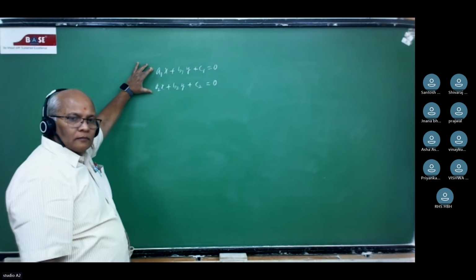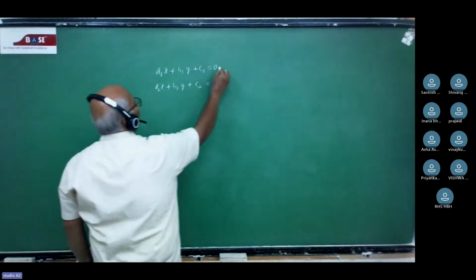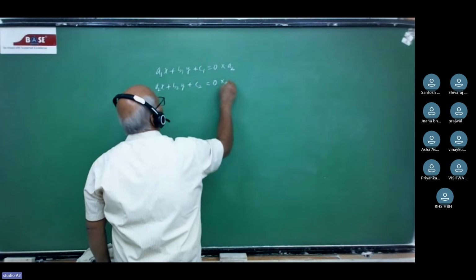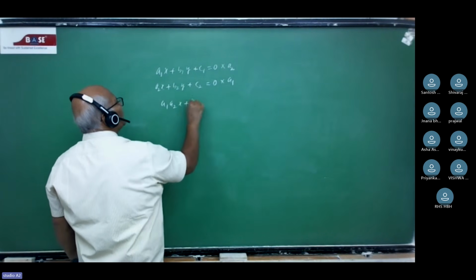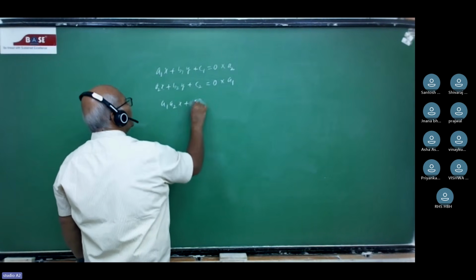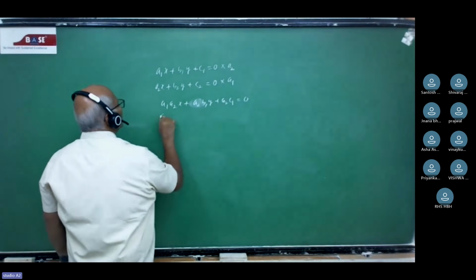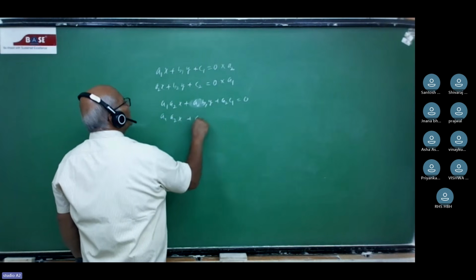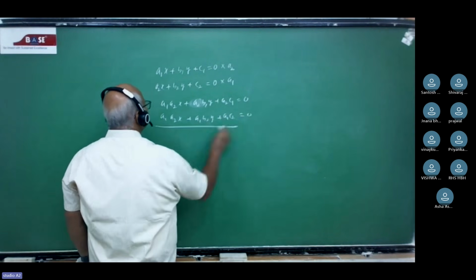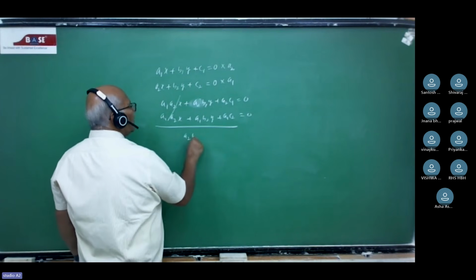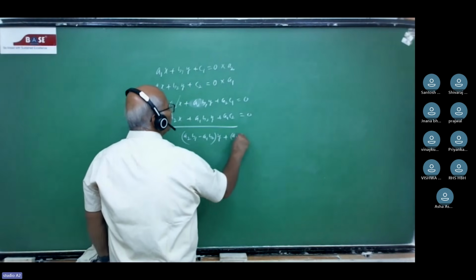Yes or no? Yes, Ji. Yes. Now, how do I solve this equation? I'll multiply this equation throughout by A2, this throughout by A1, and subtract. What will happen? A1 A2x plus A2 B1y plus A2 C1 should be 0. A1 A2x plus A1 B2y plus A1 C2 is equal to 0. Suppose I subtract, I do get (A2 B1 minus A1 B2) into y plus A2 C1 minus A1